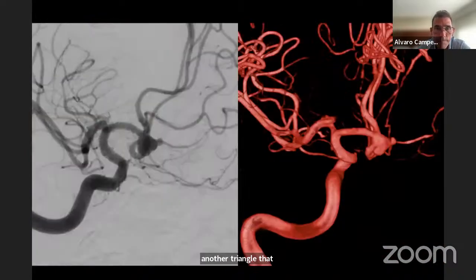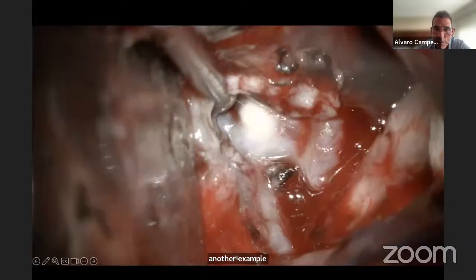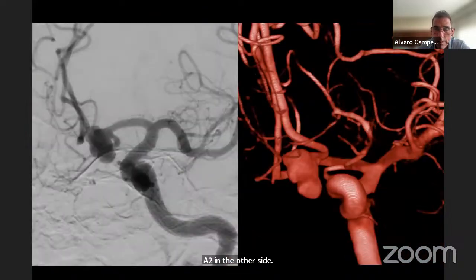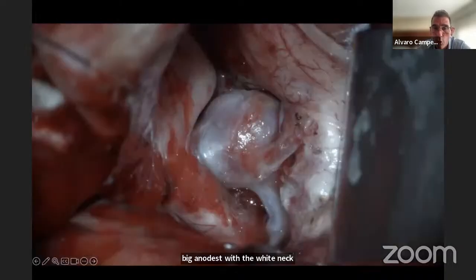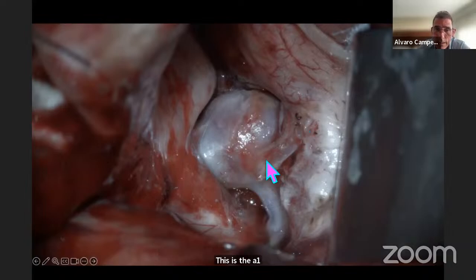Another example with a huge subarachnoid hemorrhage, the same thing, A1, A2, A2 on the other side, and with the clip. Another example, a big aneurysm with a wide neck. Sometimes we need to use more than one triangle. So here we can see this is the A1 and A2 on the left side, a very big aneurysm. We have to